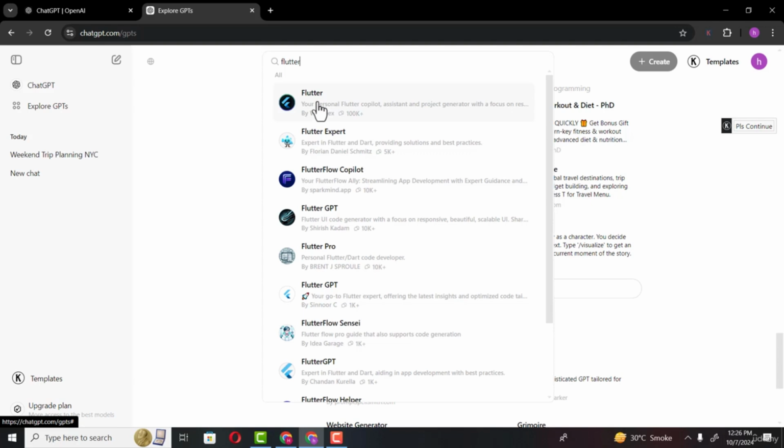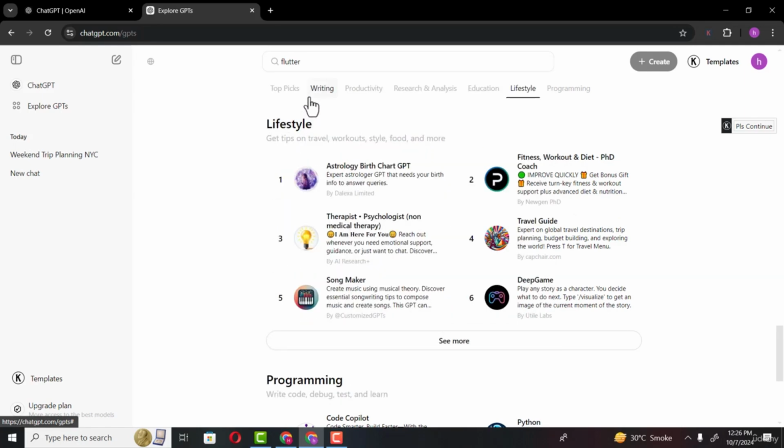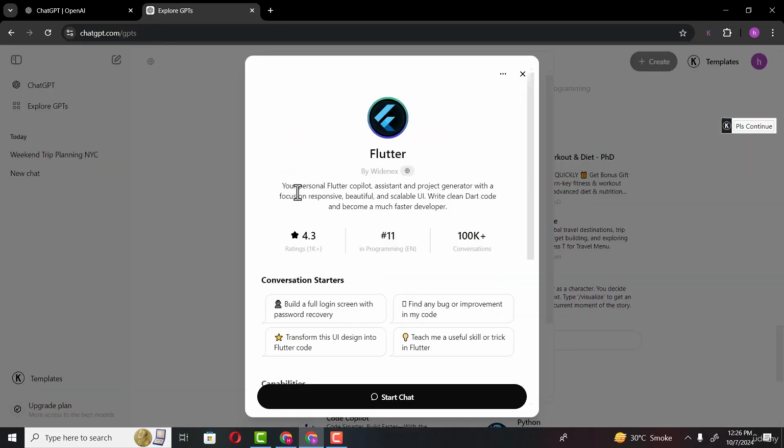And the most popular one is the first one, which is named Flutter, and it got more than 100,000 comments. Similarly, you can check this number for different GPTs which are available here. You can use any one of these, but we will stick with the best, so you can click on it and you will see this dialog here, and you can read your personal Flutter Copilot, assistant and project generator